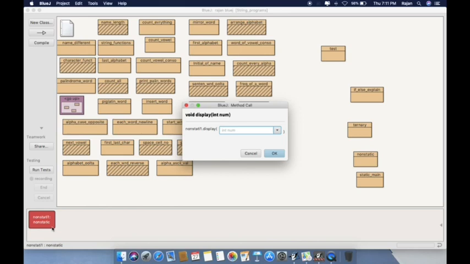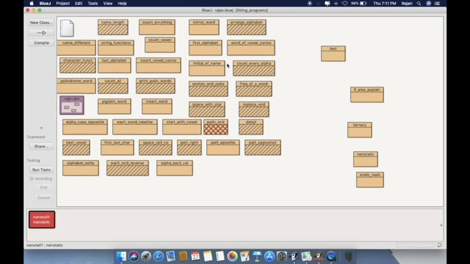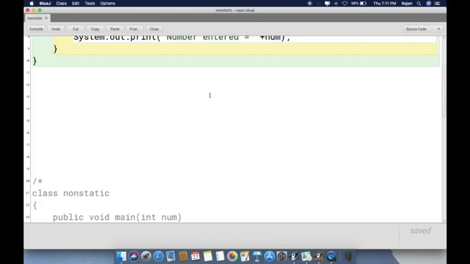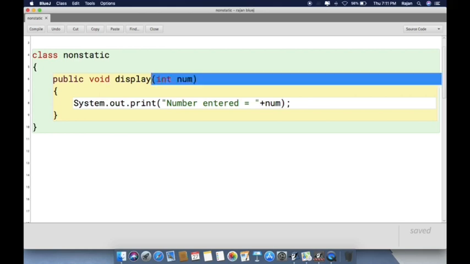Here let's enter 6, and you have got the output as number entered is equal to 6. So what I was trying to say is that when a function is non-static, then you are allowed to create its object whether the function name is main or not.